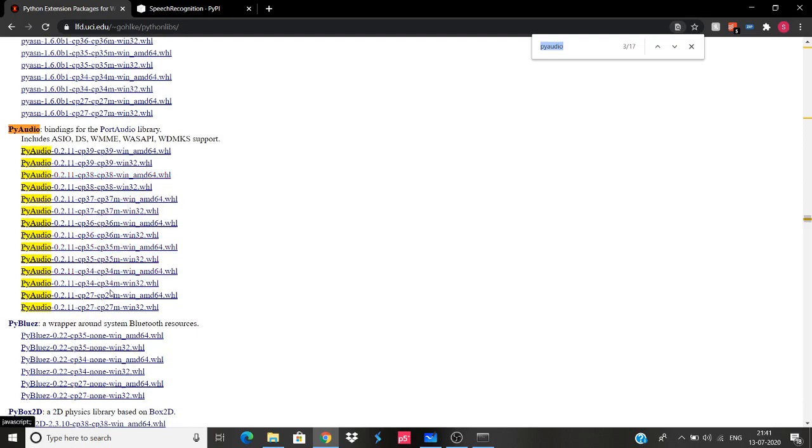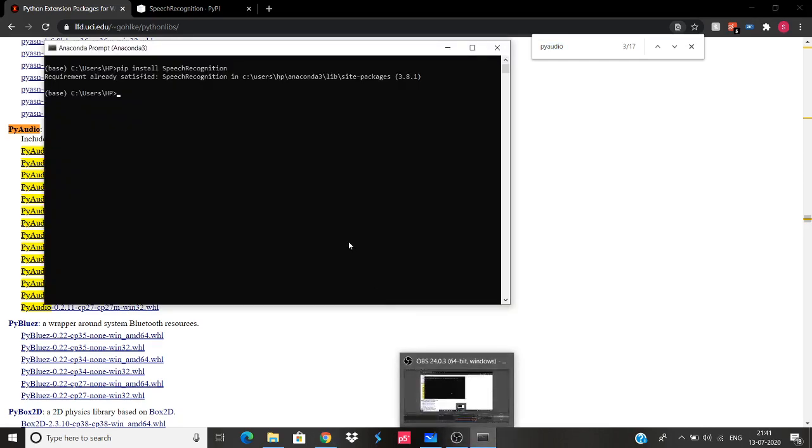Once you have PyAudio out here, you need to understand what exactly is your version. Over here you can see CP, and these are the PyAudio packages. Now what you need to know is which version of Python you have. So I'll just zoom in again.